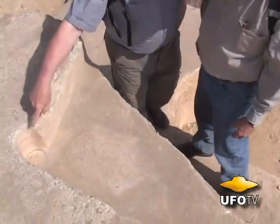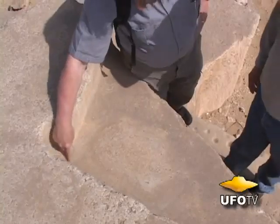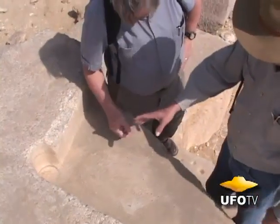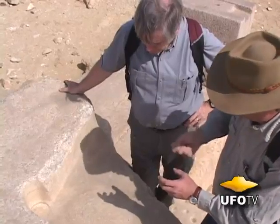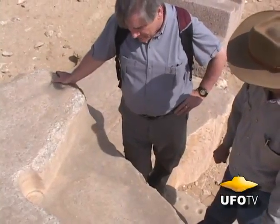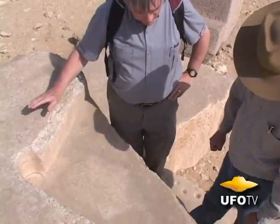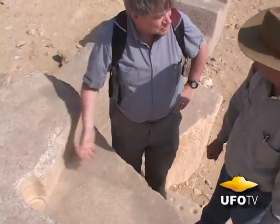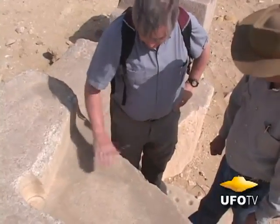And there's another of these features over on that other corner, except that it's not a full circle, it's just like half a circle. And so if you were actually doing this with a very slow, laborious hand drilling thing, you probably wouldn't have overcut it like this, right? Well, I'm not saying that that's necessarily the case, but the problem that we have with the conventional theory of cutting stones, such as with stone and bashing with stone chisels, or just grinding it or lapping it,